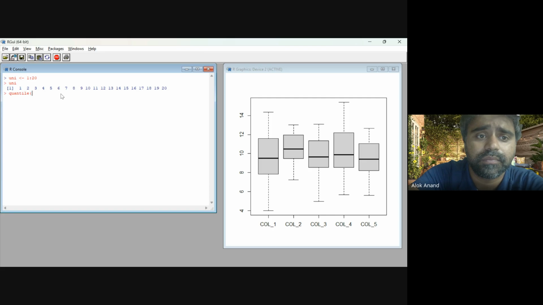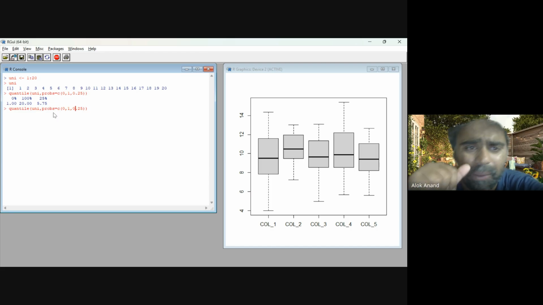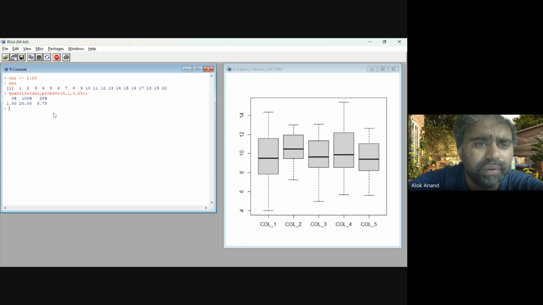quantile(uni, probs equal to c(0, 1, 0.25)). One second, I have done this quantile. Oh, okay, fine. It should be seq, not this. Yeah, so you can see here basically that